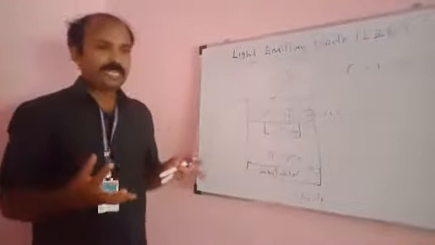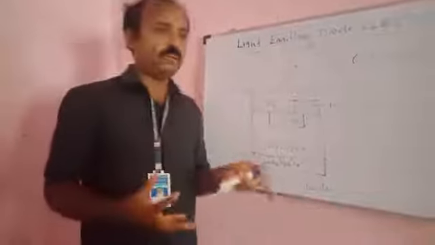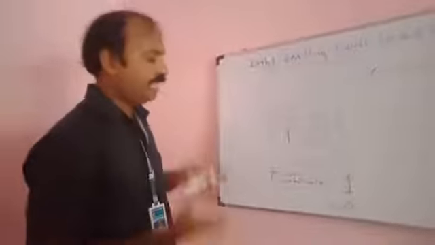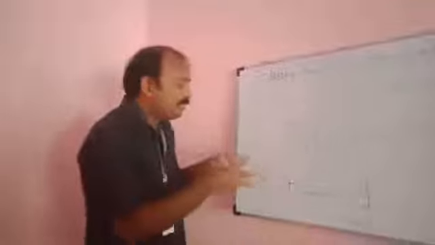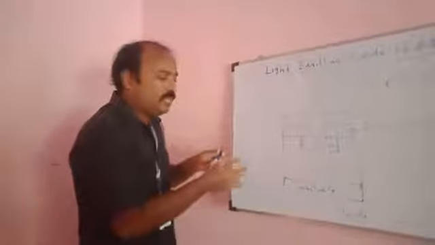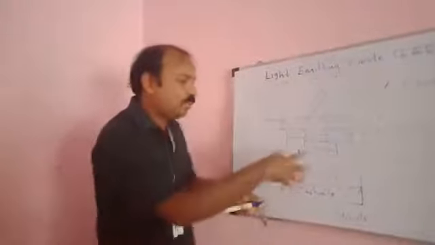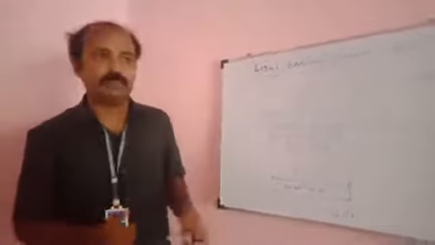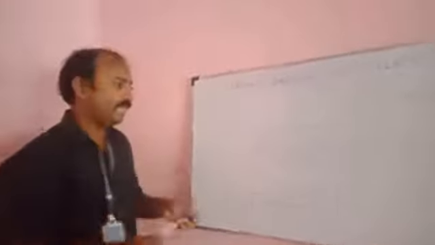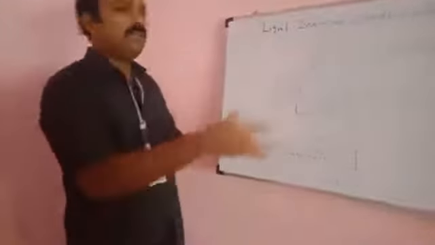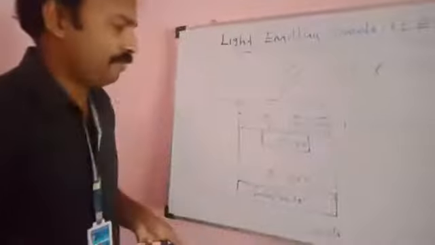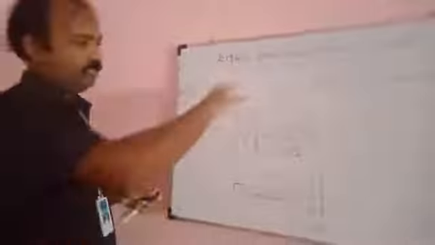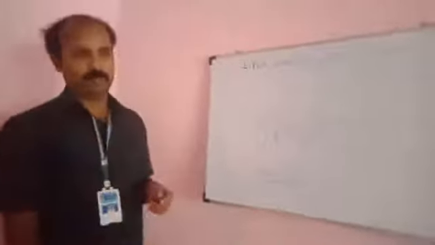So electrical contacts are made with the help of the aluminum. The positive and negative terminal of the battery is not directly connected to P-type and N-type semiconductor. It is impossible. It is possible to connect with the help of a metal contact. That metal contact is aluminum. That's all. So this is the construction. So these are the construction of LED.